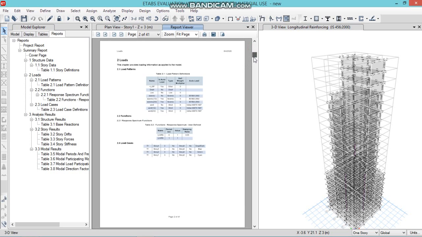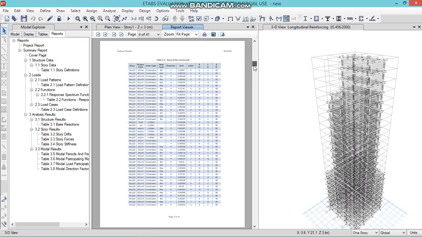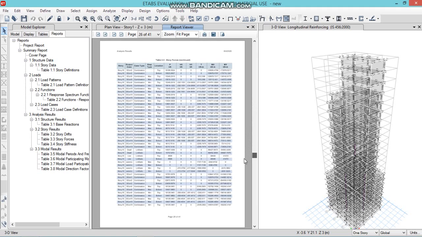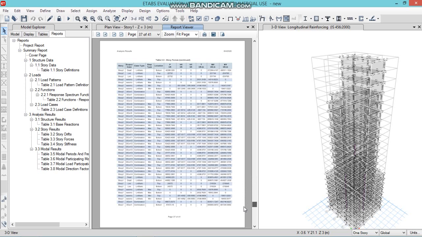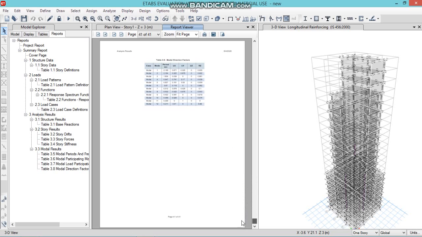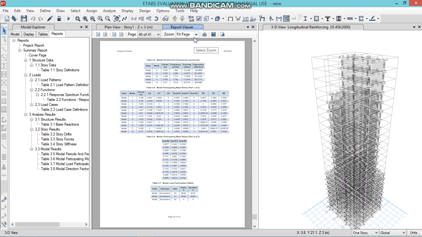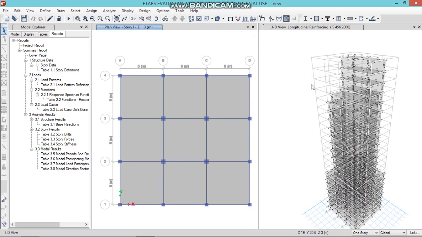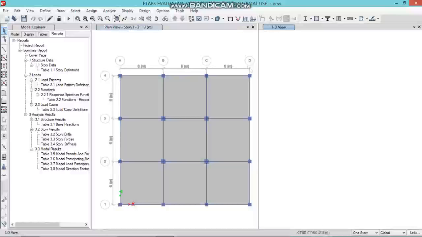Scroll down: structure data, load analysis, analysis result, story analysis, story forces. You can have a look at all the parameters, but you can't print it out because I'm using the ETABS evaluation version, which is not for commercial use. With this, you have just completed the seismic analysis.